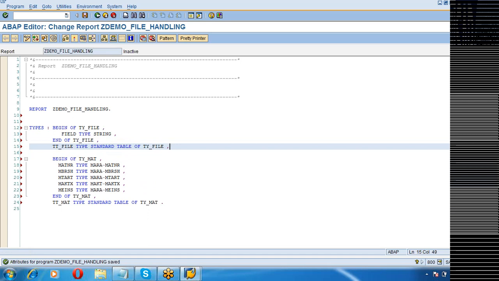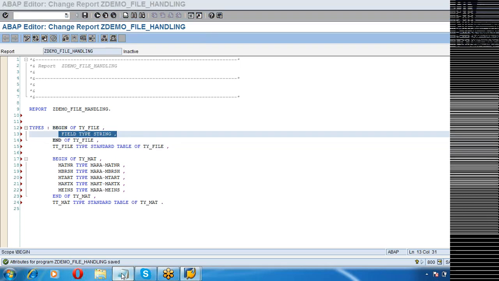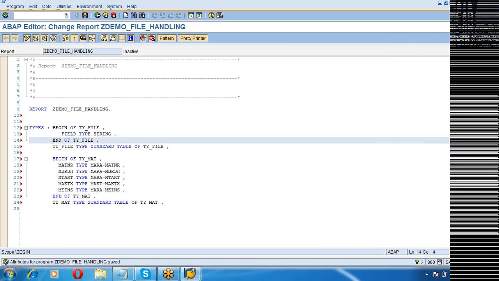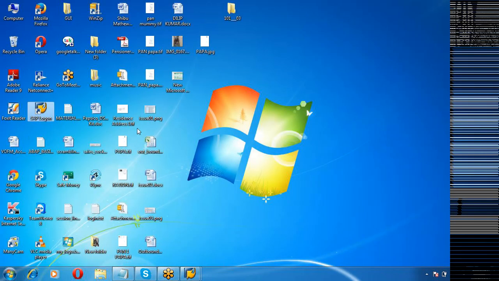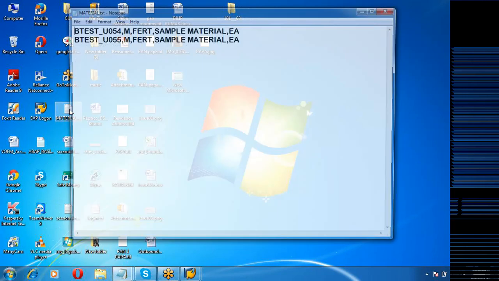Normally when you are trying to read the contents of a file, the best way to read it is into a structure which has only a single field. Let's look at this file.